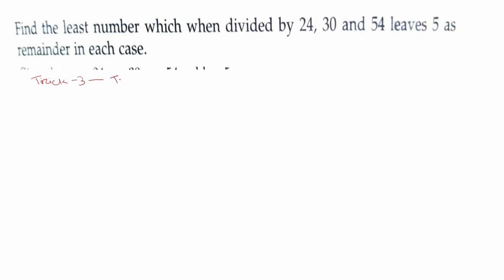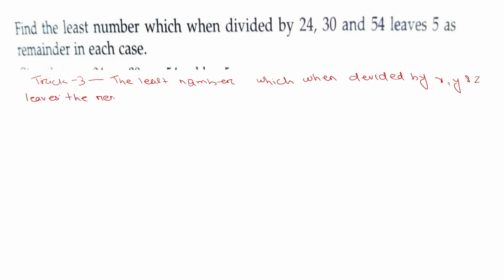The least number which, when divided by x, y and z, leaves the remainders a, b, c respectively, is given by